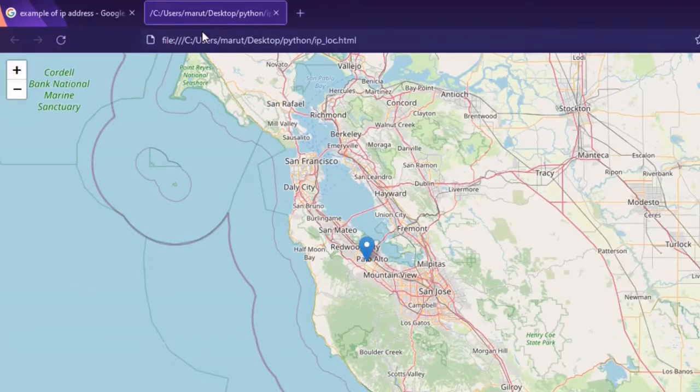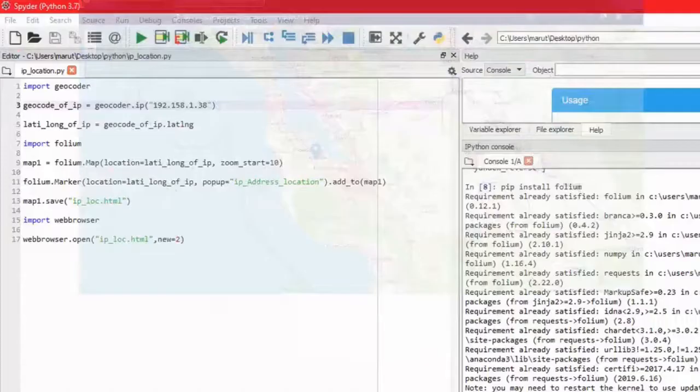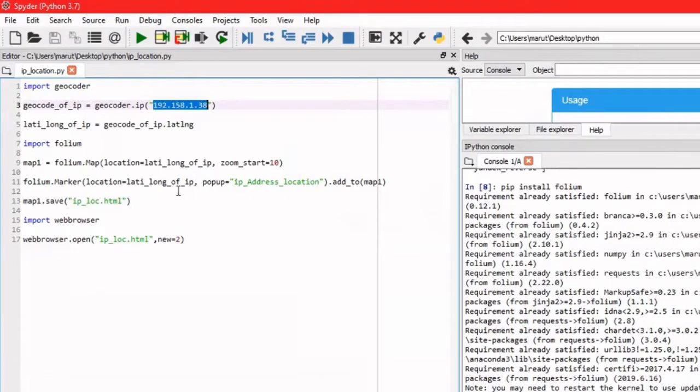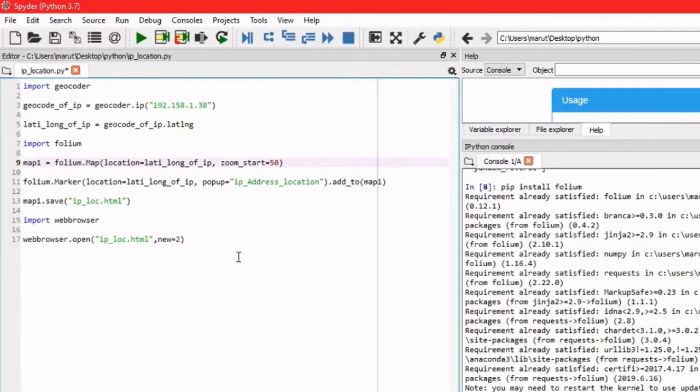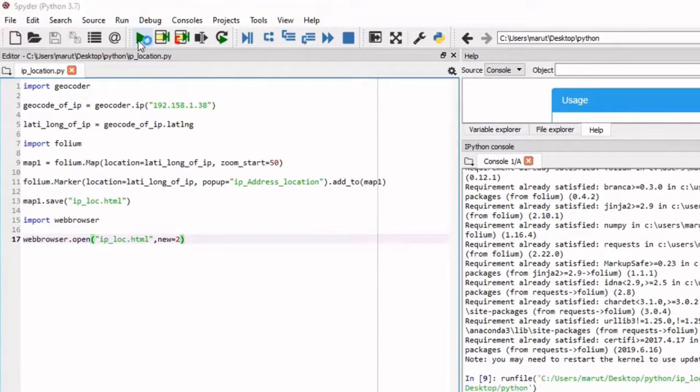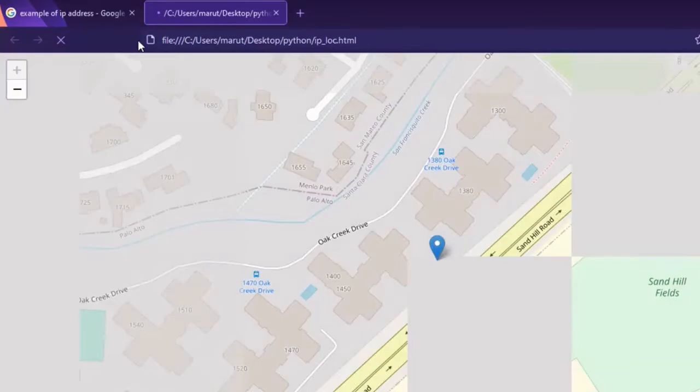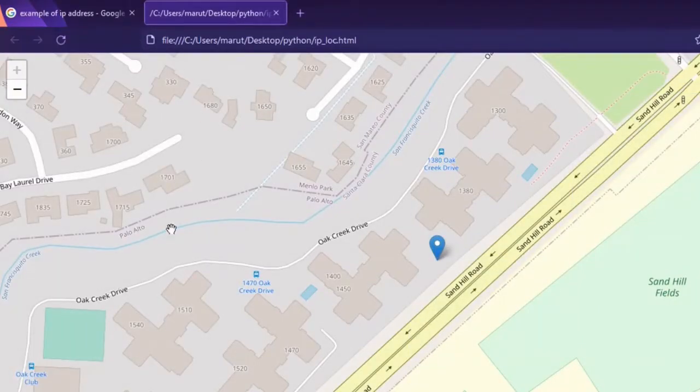So let us change a few commands and see how it affects. If you want to start the zoom at, suppose, 50, then you can see it automatically. Let us close this. Okay, let us run our program again. See, now at zoom 50 it is directly zoomed in so much that you can see the actual location.